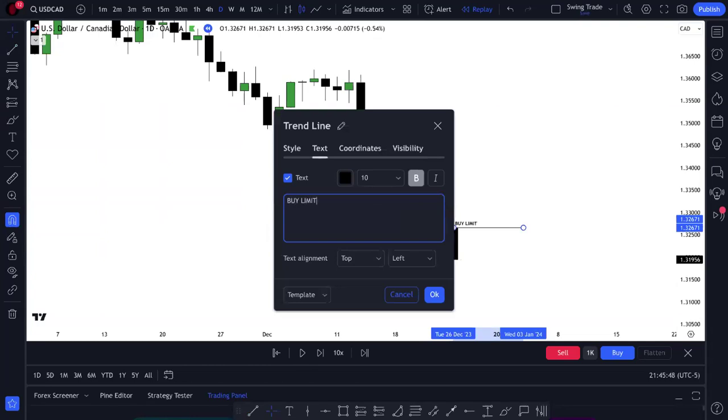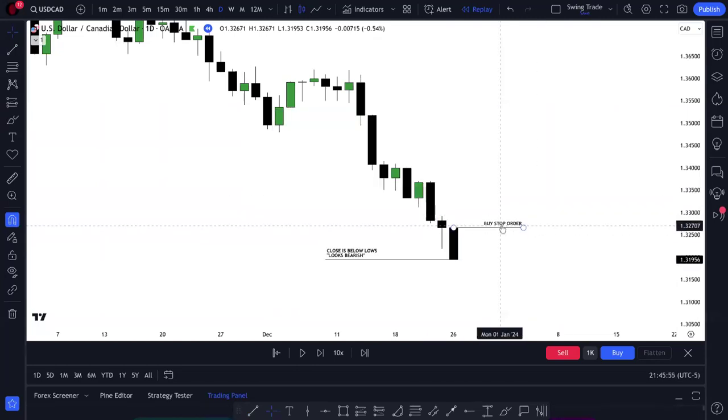You would use a buy limit. Sorry, you would use a buy stop order. You would buy here at the high of the candle, because in that sequence, it's most likely making either a bottom, quote unquote, or swing low. It's a turning point. Now, you may not get it exactly on the next day, might be the couple following